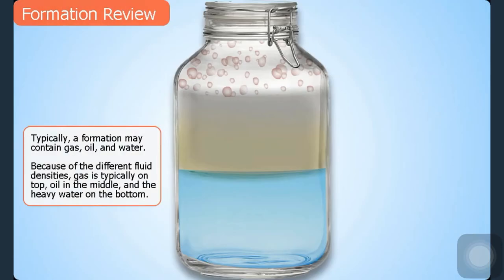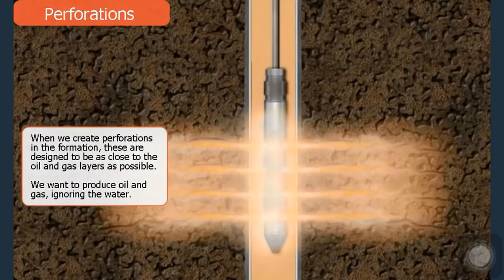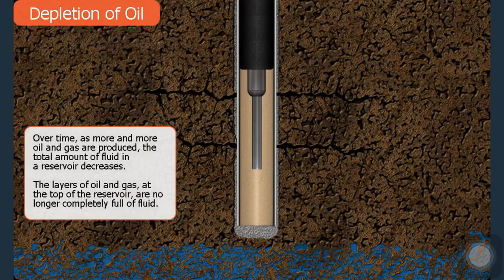Typically, a formation may contain gas, oil, and water. Because of the different fluid densities, gas is typically on top, oil in the middle, and the heavy water on the bottom. When we create perforations in the formation, these are designed to be as close to the oil and gas layers as possible. We want to produce oil and gas, ignoring the water. Over time,